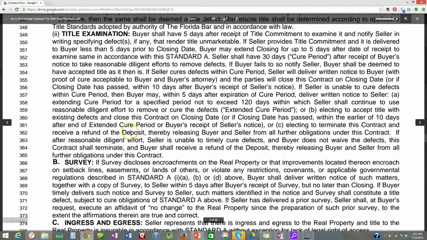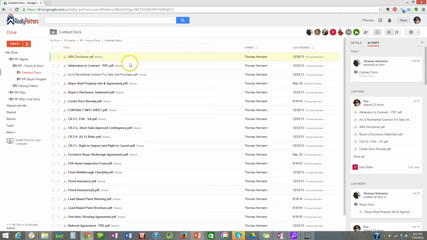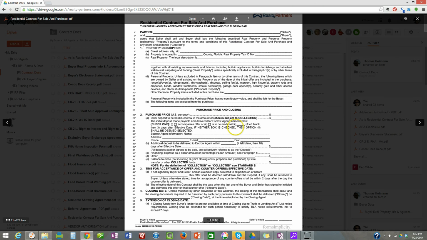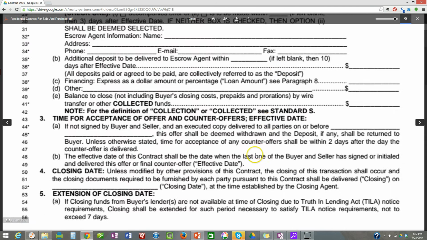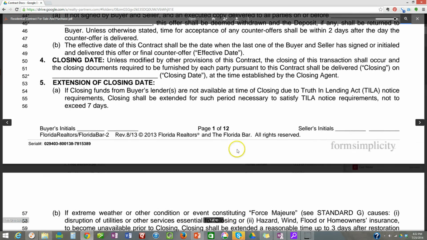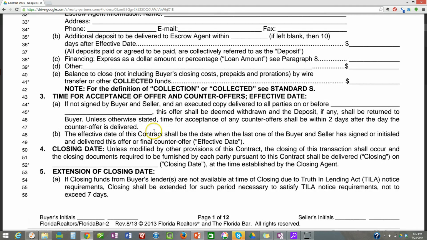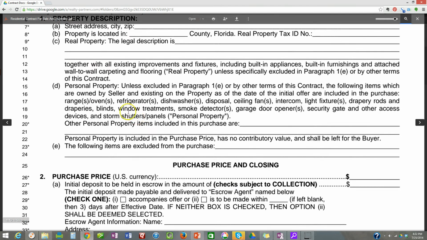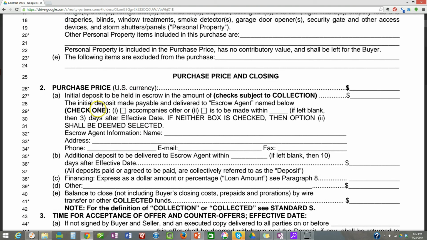And let's take a look by contrast at the traditional contract. Residential contract for sale and purchase. And this is the latest and greatest, revised August 2013, and there are some new things in here that are very, very critical that I want to point out to you. So in the traditional contract, again, this information here is the same: the parties, the property description, personal property, purchase price,